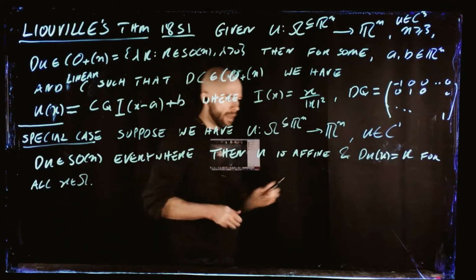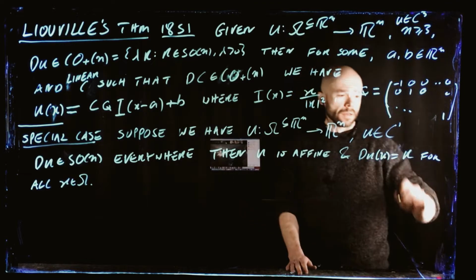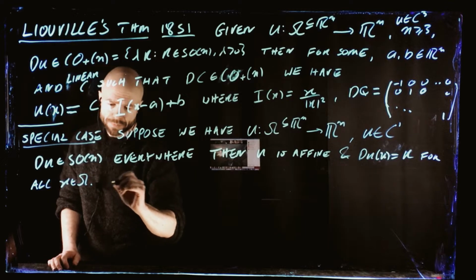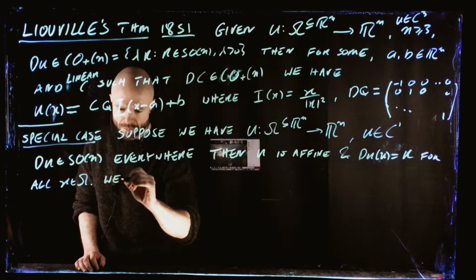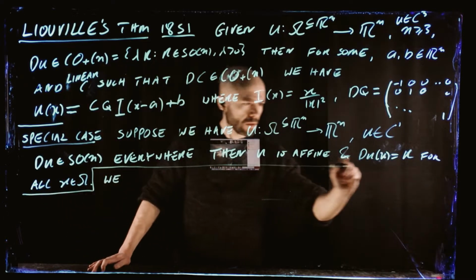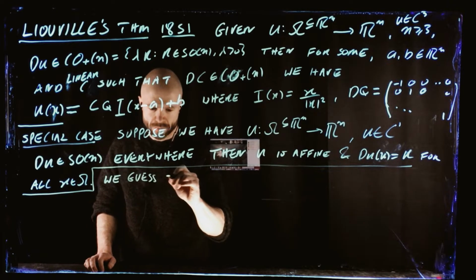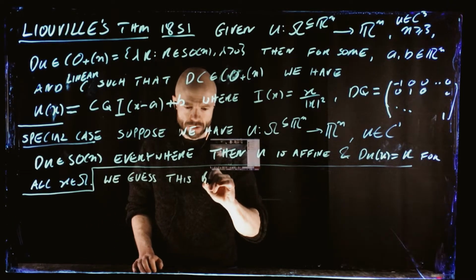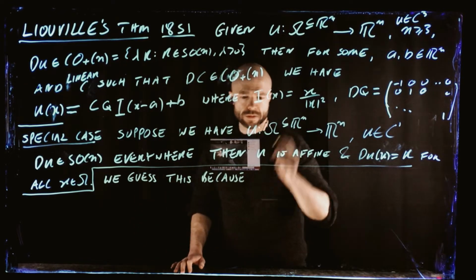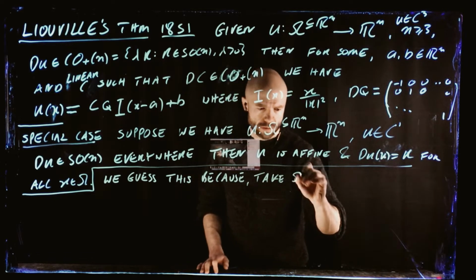Okay, and you can kind of guess this because of the following. So we can guess. Let me just underline the statement. Because if we have, let's just take omega to be convex, just for simplicity,